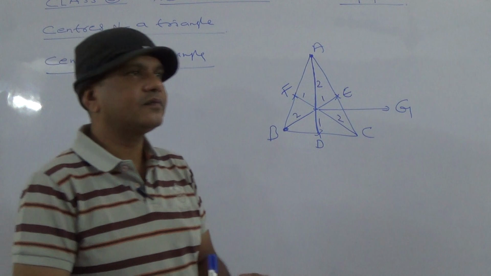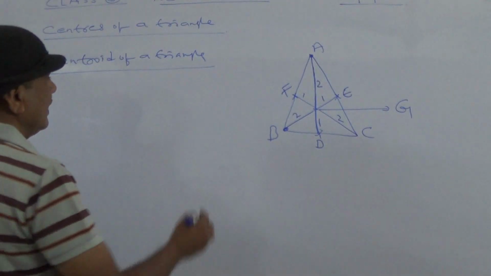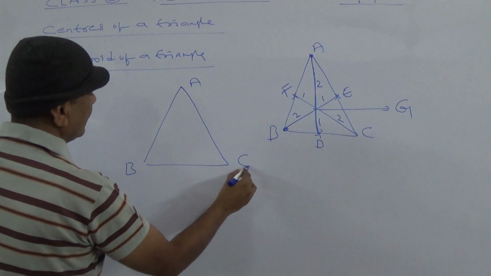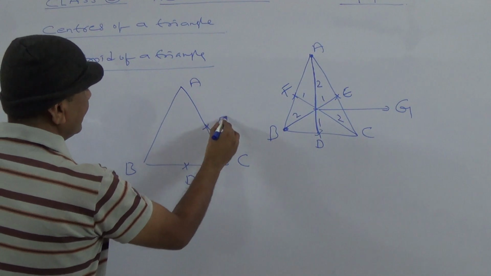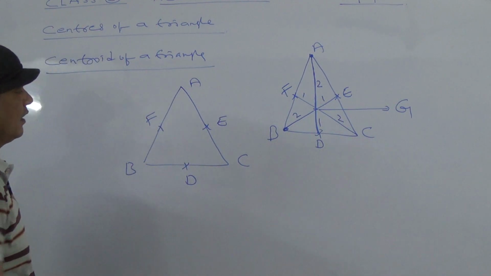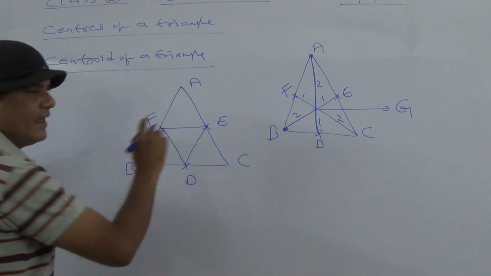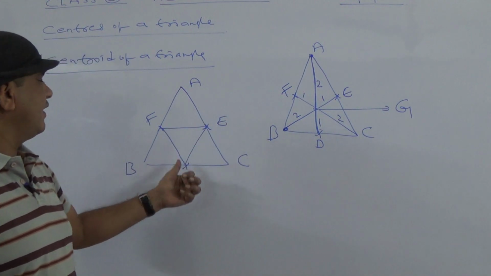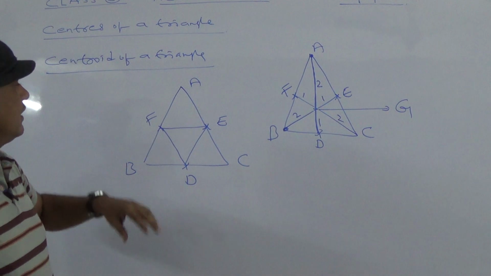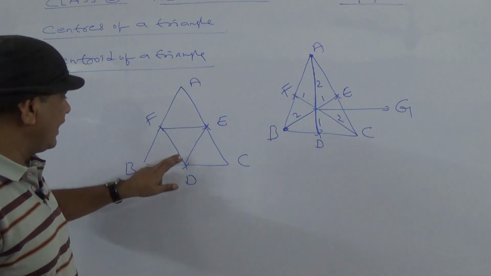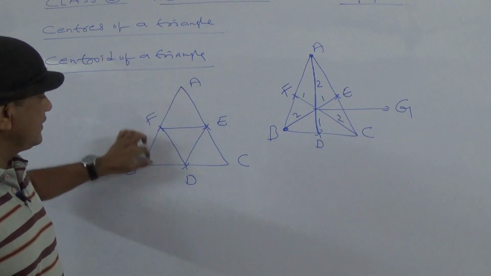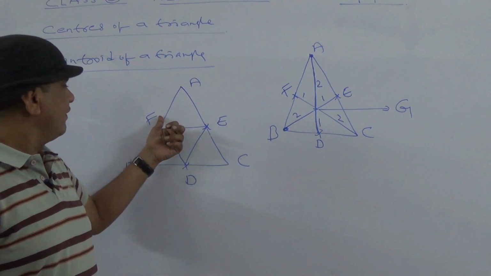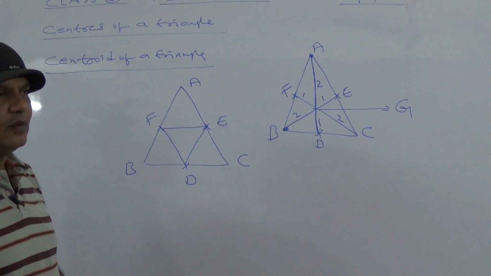Okay. Now triangle ABC is a triangle. DEF are midpoints of the sides. Now this is called triangle DEF. Now centroid of triangle ABC coincides with the centroid of triangle DEF. That means centroid of triangle ABC is equal to centroid of triangle DEF. ABC triangle యొక్క centroid, DEF triangle యొక్క centroid same. DEF are midpoints of the sides of a triangle. Okay. Next one.